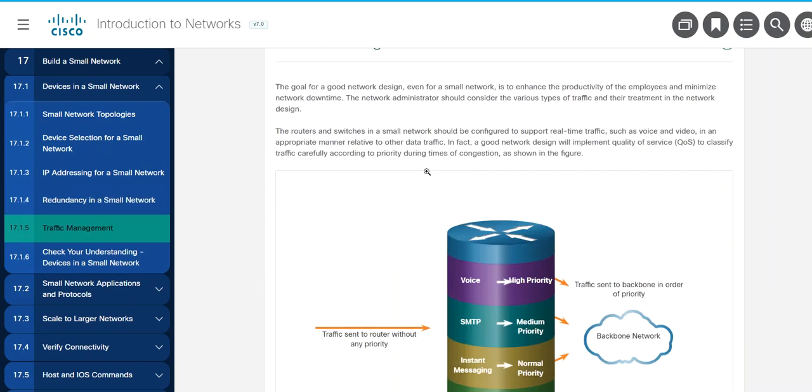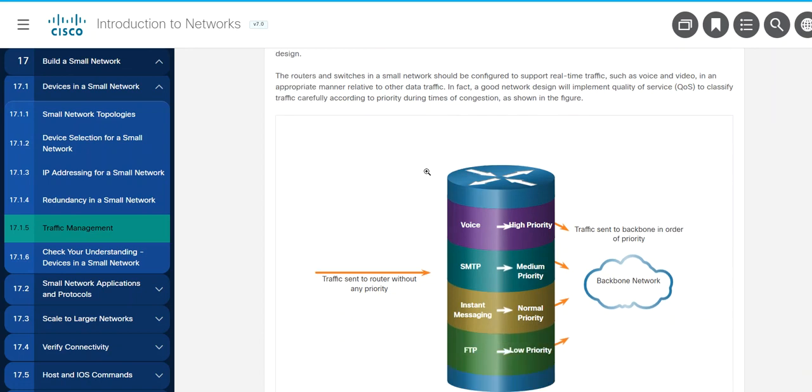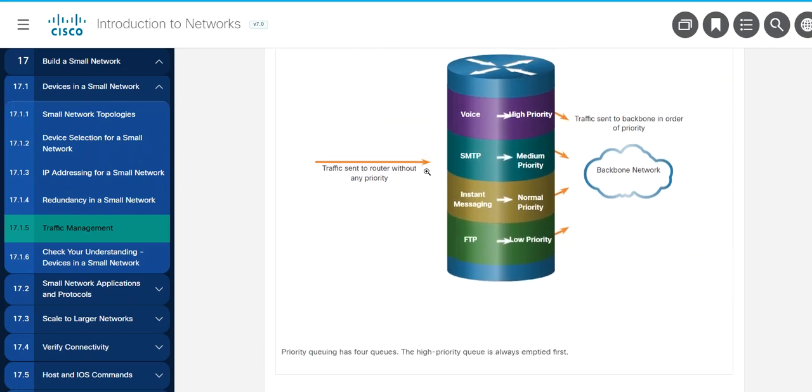Traffic management is also something you want to take into consideration. So why would we consider traffic management? Remember your quality of service in prioritizing your traffic. If you look at this diagram here, you see higher priority items and lower priority items. Those items that are on the lower priority are things like FTP, or it could be email. Those are listed as a lower priority because the higher priority items are usually going to be used for things